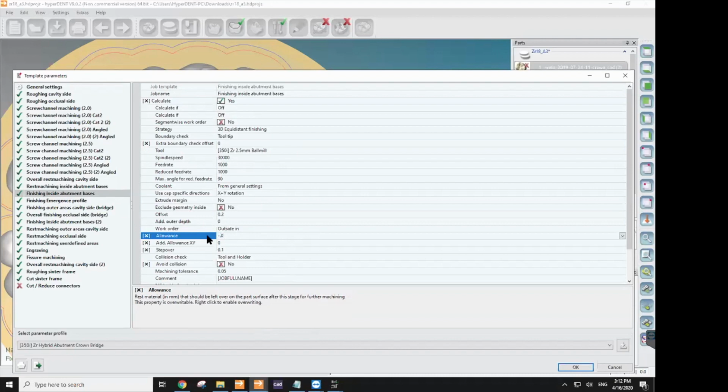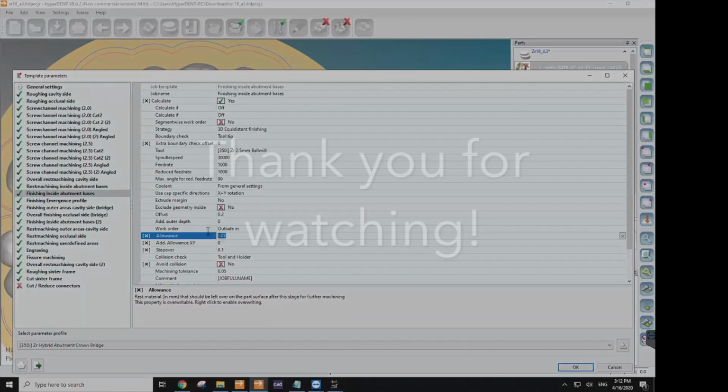Stay in the hundreds. If you go a little too far with the millimeters, you're going to end up with a messed up product. So I would probably try like negative 0.02 or 0.03, maybe even 0.05. And that's just going to make it dig a little deeper on that one step. Okay. So that's a great question about